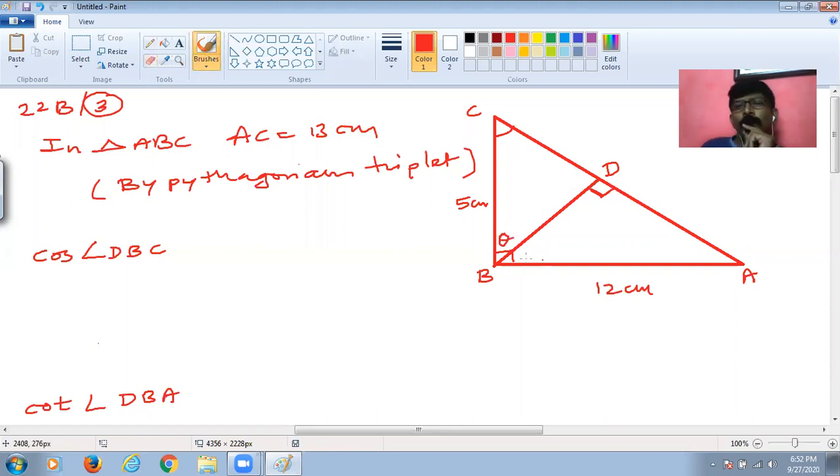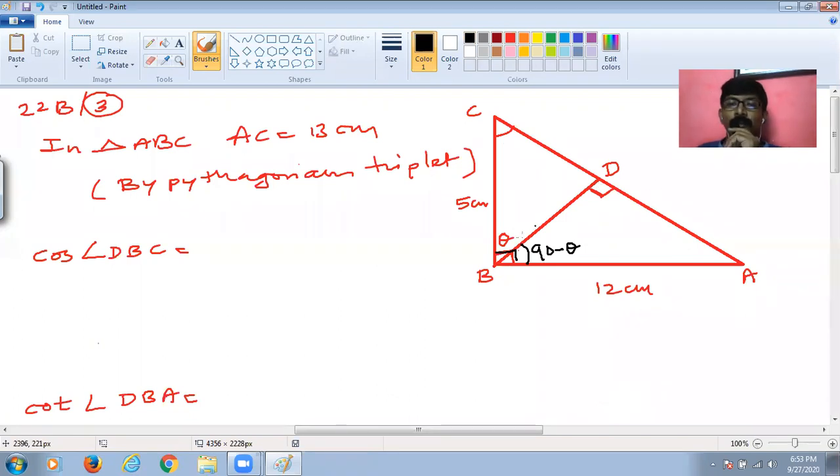Now we have to understand something, students. Before going to this question, I'll do some small arrangement over here. Look at this. This total angle B is 90 degrees. Pay attention on the screen very carefully. What I'm teaching is very, very important. This whole angle B is 90 degrees. This is theta. So obviously what would be the remaining part? This is theta, this full is 90, so the remaining portion will be 90 minus theta, isn't it?